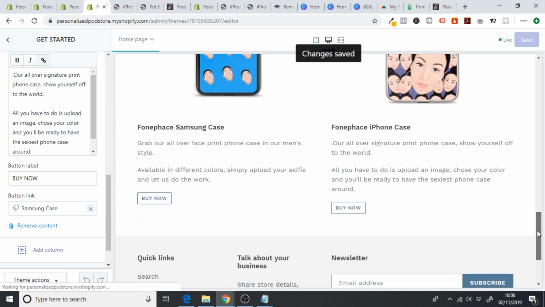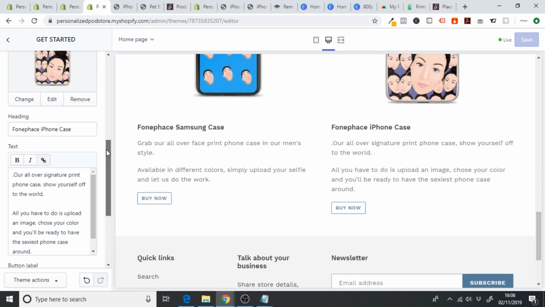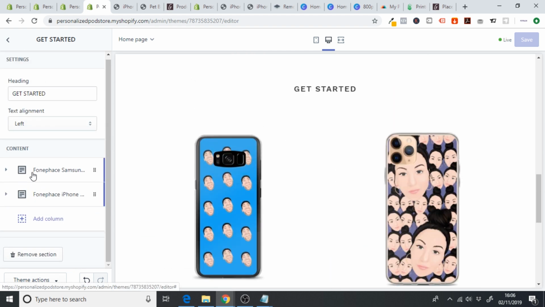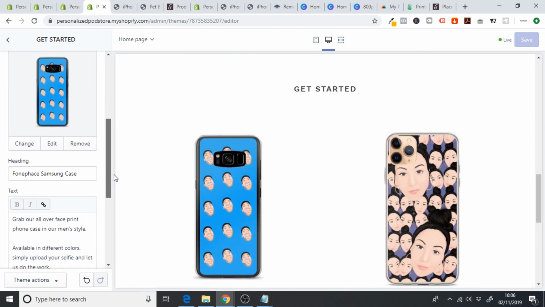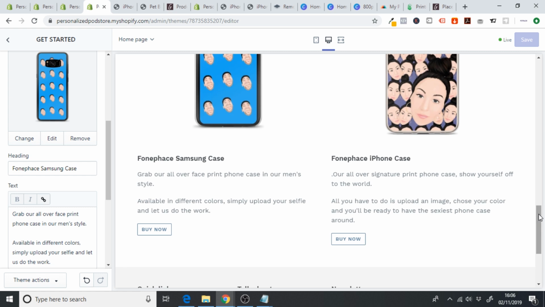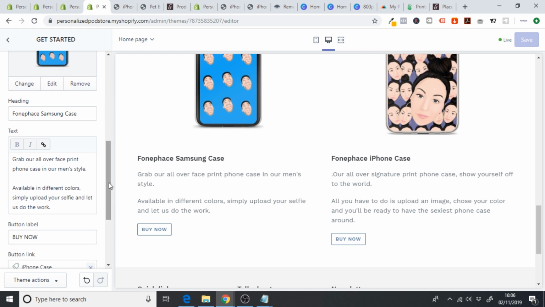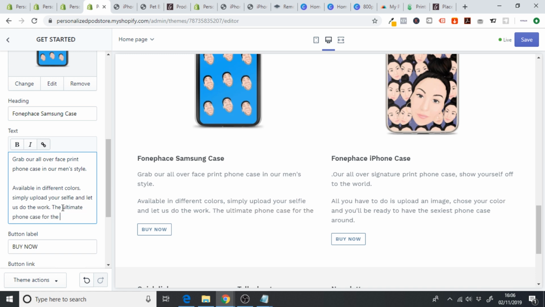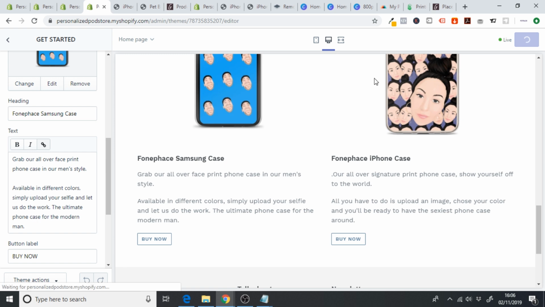Now obviously you're going to want to try and put a similar amount of text so that the buttons line up equally. So what I would recommend doing, I'm going to choose this one again, and I'm just going to add in a little bit of extra text in here. So if we just scroll down, what I can say is something like the ultimate phone case for the modern man. So we can just say something like that, and now you can see that the buttons line up correctly. So we can hit save,